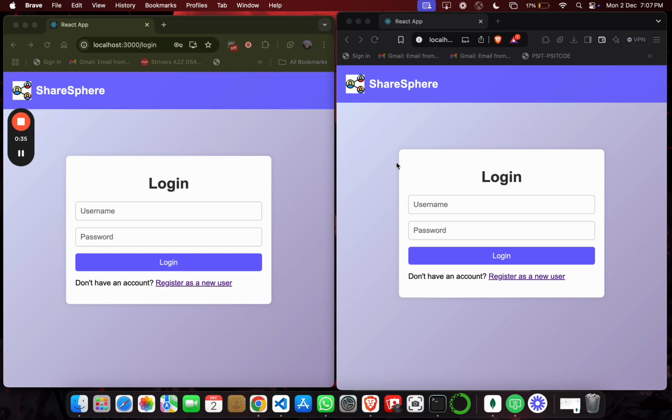In the file sharing application, users can register and log in to access the dashboard, which offers two main options: upload file, to share a file with other users, and view shared files, to see the files that are shared with them. For this demonstration, I will register a third user and show file sharing from the perspective of both the sender and the recipient. I will also explain the privacy feature in the view shared files section and demonstrate the